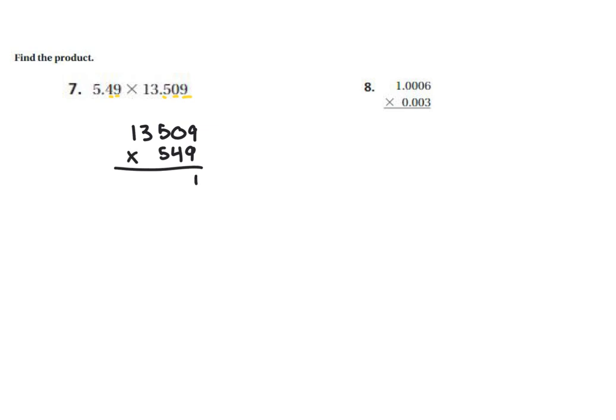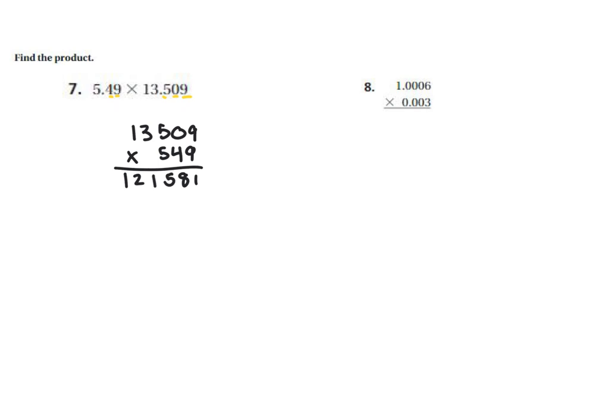9 times 9 is 81. 9 times 0 is 0, and 8 is 8. 9 times 5 is 45. 9 times 3 is 27, and 4 more is 31. And 9 times 1 is 9, plus 3 is 12. Now we'll move on